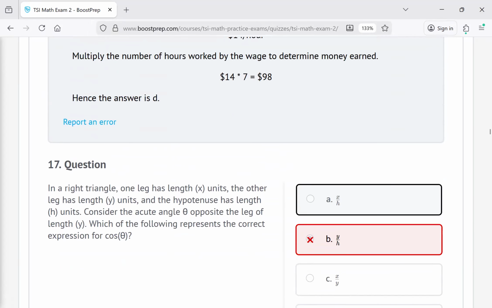In a right triangle, one leg has a length of x and the other has a length of y. The hypotenuse has a length of h. Consider the acute angle opposite the leg of y. I think I got theta wrong, so let's do this again. You have this right triangle, here's your right angle, here's your theta. One leg is x, the other leg is y, and then the hypotenuse is this, and then SOHCAHTOA, so cosine